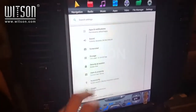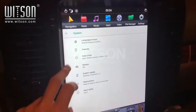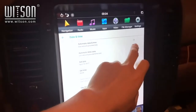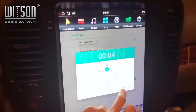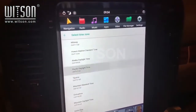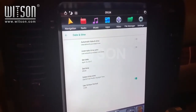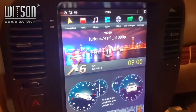If the time is not correct, go to System, Date and Time, and uncheck the first two options. Do not click on Set Time. Click Set Time Zone, and since we are in California, we are setting it to Pacific Daylight Time. If you still do not have the correct time, check under Settings,